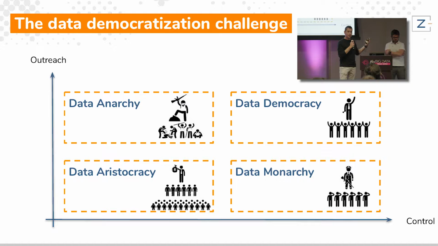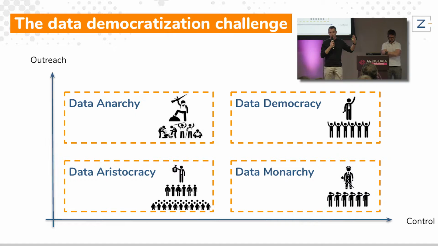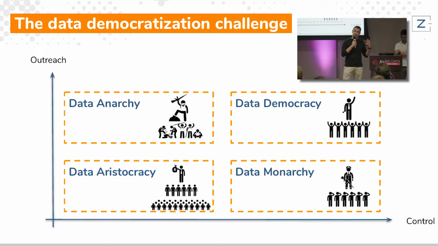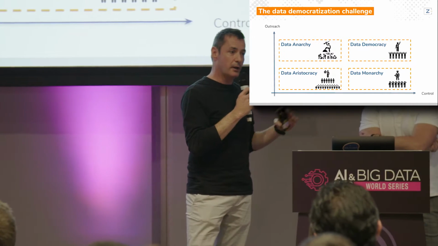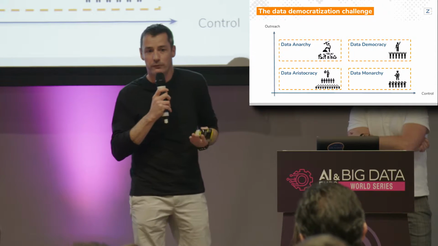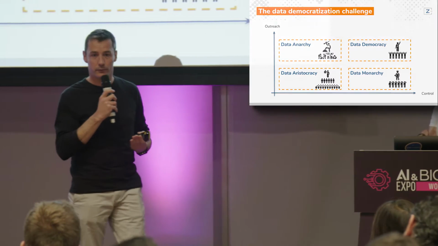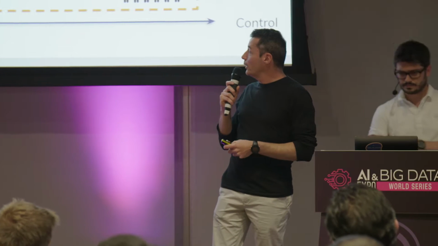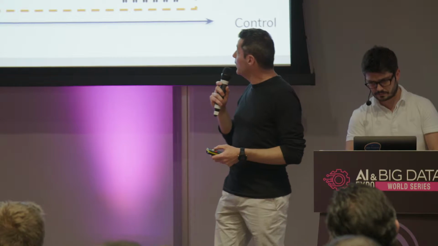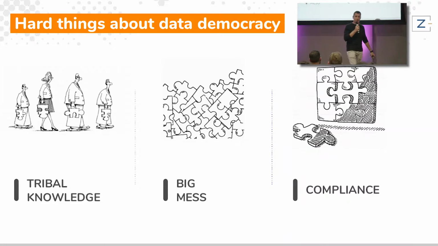And then you have probably something which is older, which is what I call data monarchy or data dictatorship, which is mostly what you have in the financial reporting or the former BI world, where the data access and data control is reserved to a small set of people in the organization, mostly the people at the higher level in the hierarchy. This is not that bad a situation, but the problem is that, of course, you cannot leverage your data to innovate and make more global decisions. So data democracy is something you wish, but it's hard to reach.